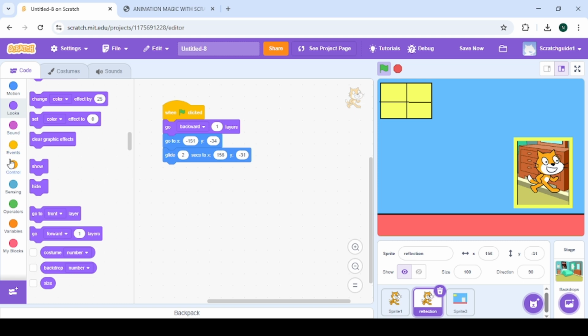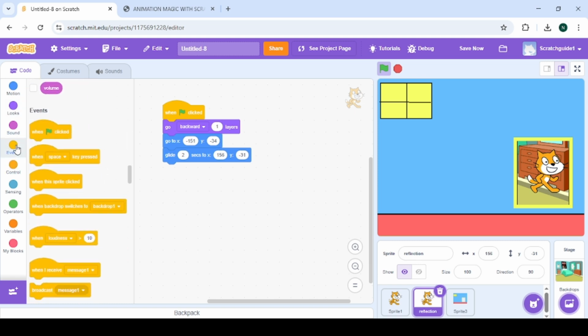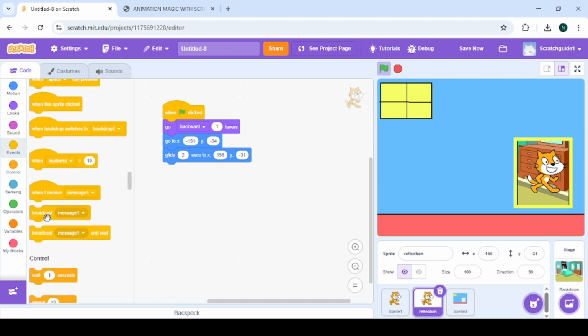we'll get our wait block. Get your wait block, drag and drop here. We want it to wait for us. It's going to wait for 3.8 seconds. That's when the first cat will be talking. Okay, so it will wait for it to talk and then they will both vanish. All right, so now